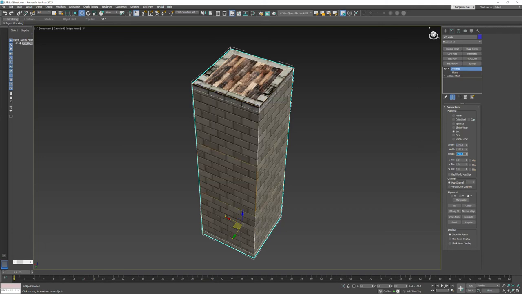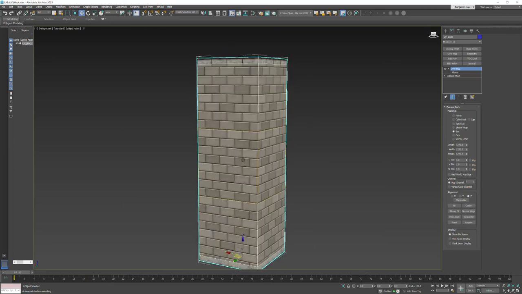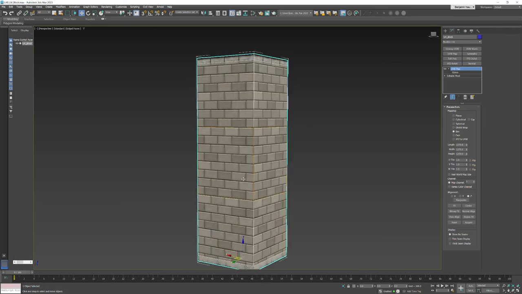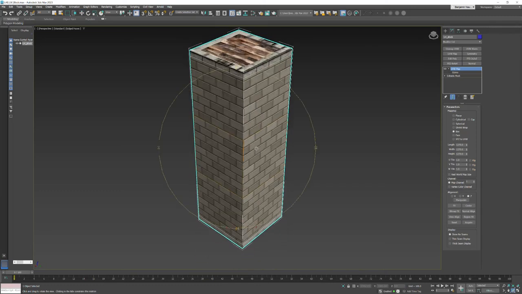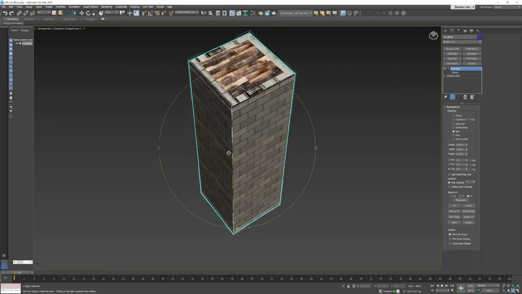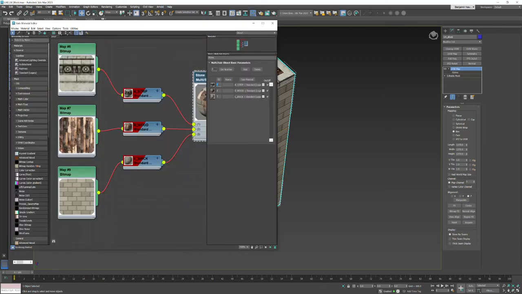So now you see, if I click up here in orbit, you see how my texture is tiling quite nicely on the block. All right. So we have brick, and the brick looks okay, looks pretty good. If we come up here, the wood looks okay, but my trim texture looks odd. So I'm going to hit the material editor. I'm going to double click